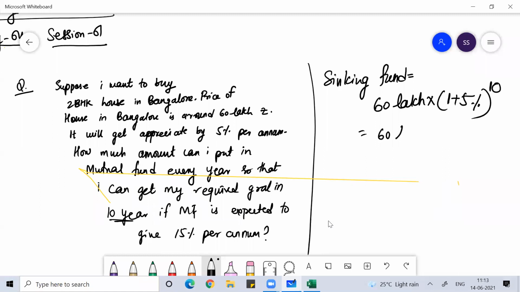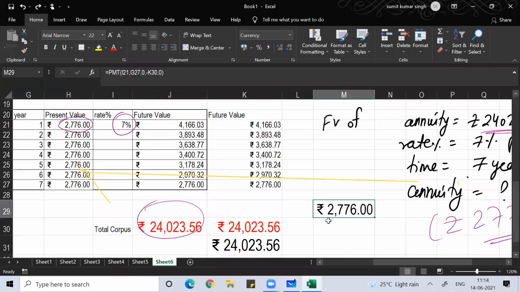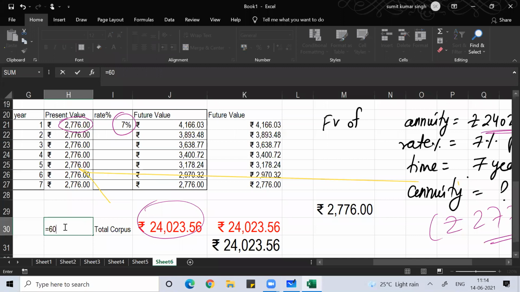So what I'm expecting here is 1.05 to the power 10. This is how much corpus I need: 60 lakh into 1 plus 5% to the power 10.